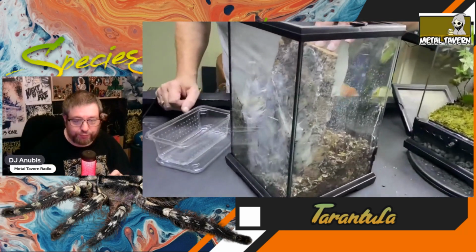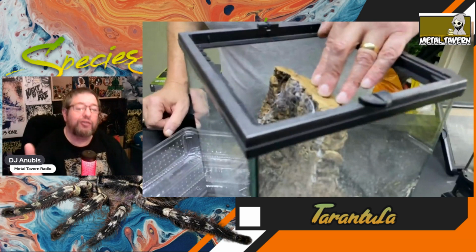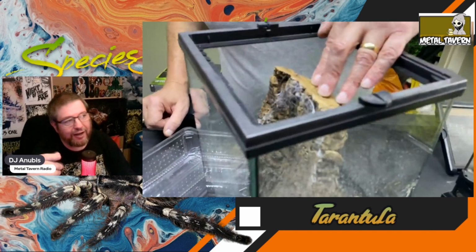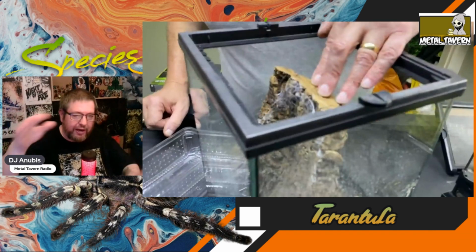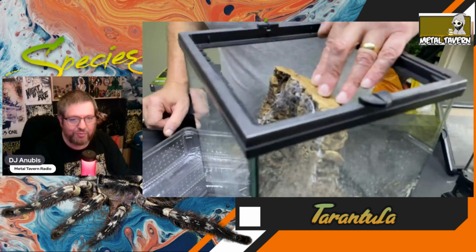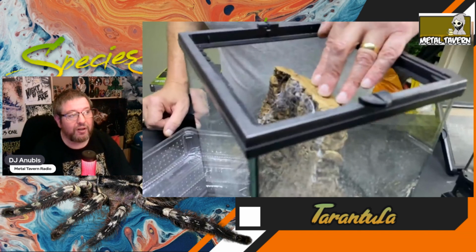She is absolutely stunning. Now, see, it's funny because in the new enclosure, Dave has both the door open and the top. Now, I like these enclosures because, especially with the species that are a little bit more toxic or a little bit more risky to handle, like I have my pink toe in one of these plexiglass enclosures with the holes in the side, and it's fine because if I have to get her out, she's not going to hurt me. She's the most docile type of spider you can have, like a pink toe. But if you're dealing with a spider like the pokey or an OBT, you really can't do that